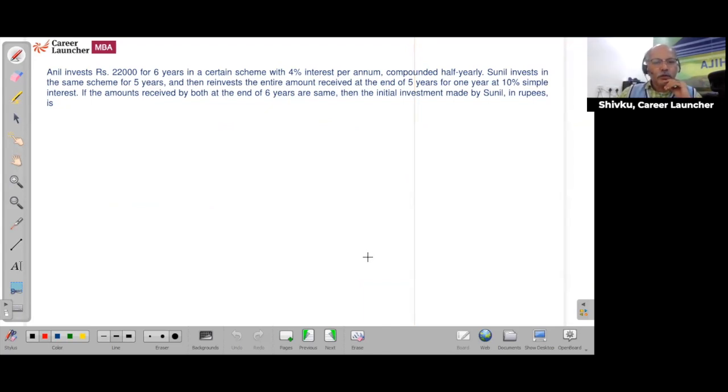Anil invests 22,000 for 6 years in a certain scheme with 4% interest per annum, compounded half yearly. Sunil invests in the same scheme for 5 years and then invests the entire amount received at the end of 5 years for 1 year at 10% simple interest. If the amounts received by both at the end of 6 years are the same, then the investment made by Sunil in rupees is. So Anil invested 22,000 for 6 years,